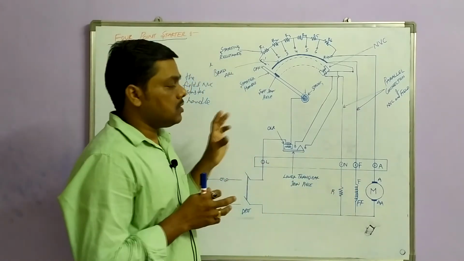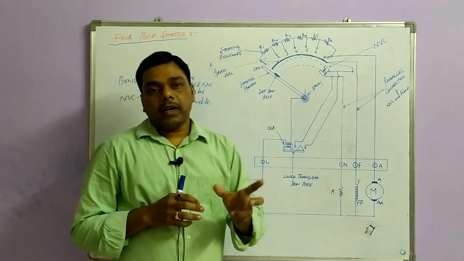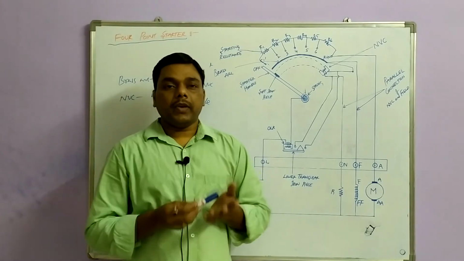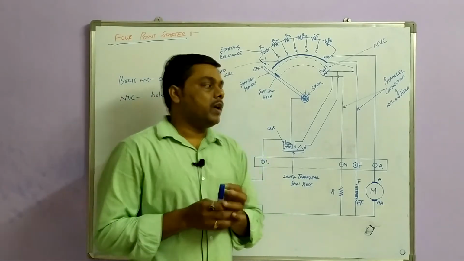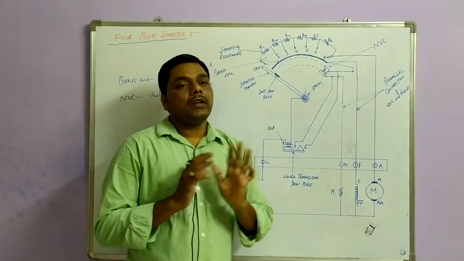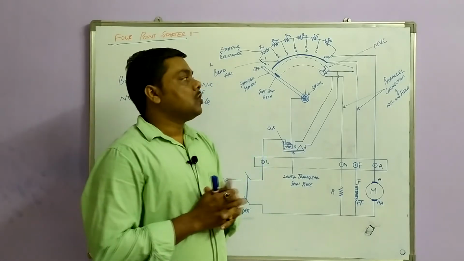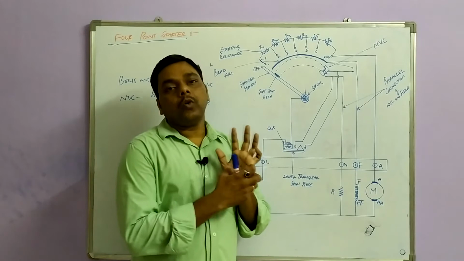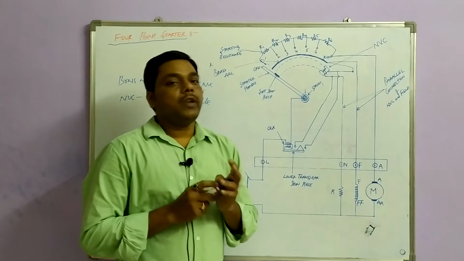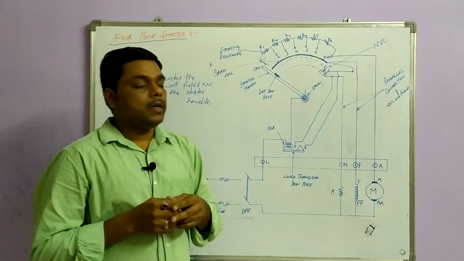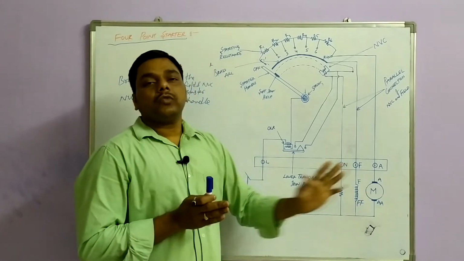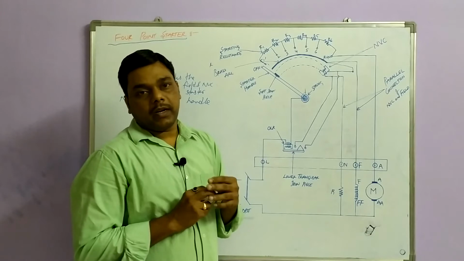In 3-point starter, once you fix the speed and field, if you change the field current, immediately your no volt coil is going to be affected. It may demagnetize. But here we can change the field current, so the no volt coil is not going to be affected. It can hold the handle in safe condition, so that you can change the flux if you need above rated speed or below rated speed. So that's why you can keep the speed constant also, so that you can change the field current.